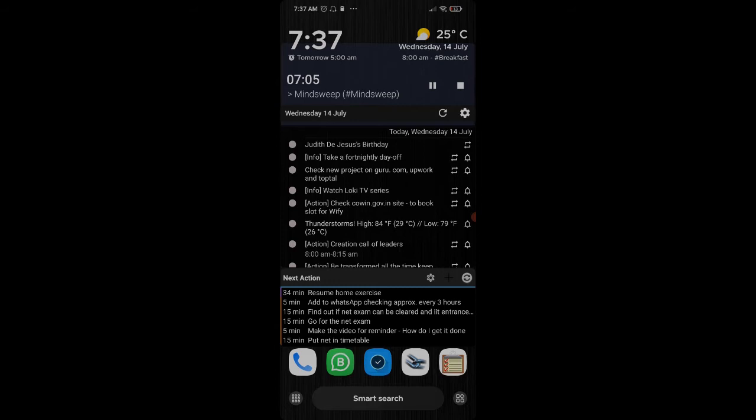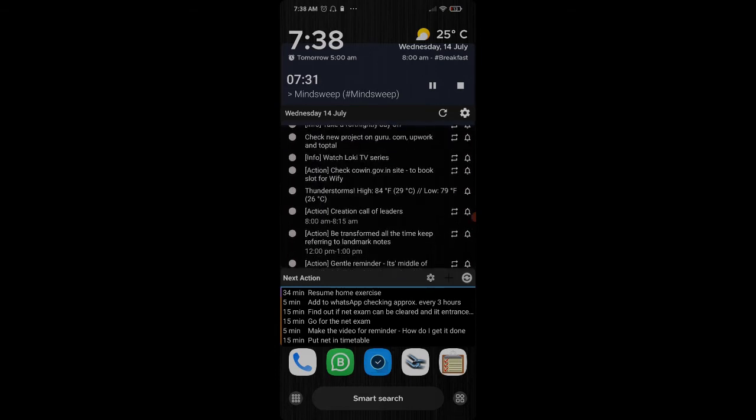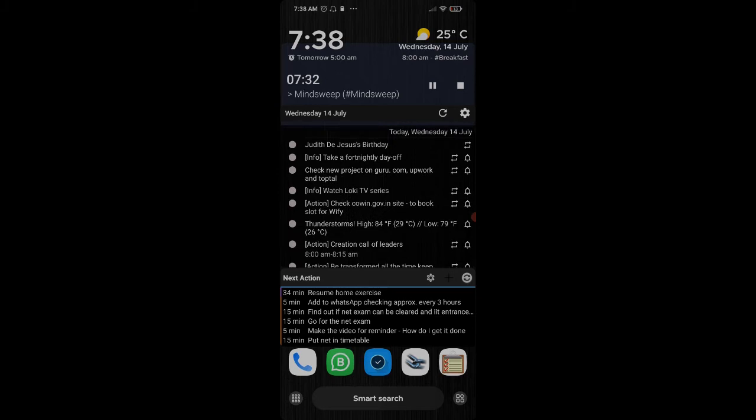time meter. So this is a pivot from the time meter, and right now it is saying that I'm using Mindsweep activity right now to come up with thoughts, ideas, and action items that I need to put in my to-do list. This shows the activity that I'm doing and I'm going ahead with.